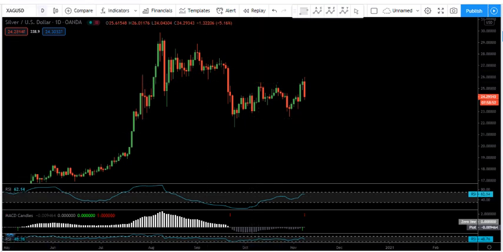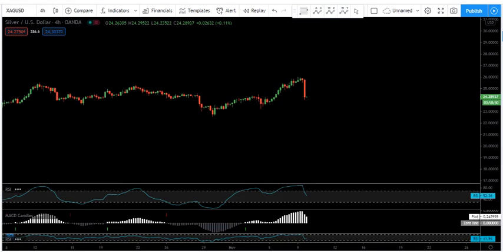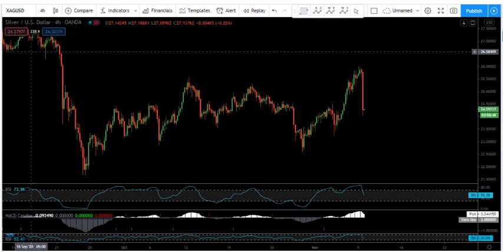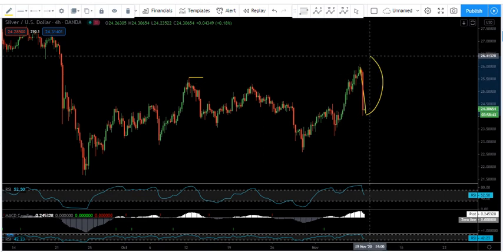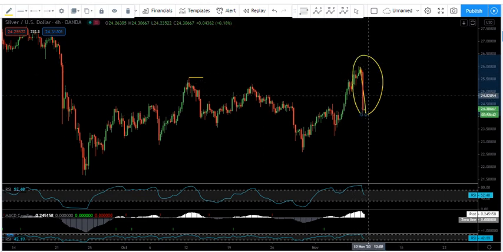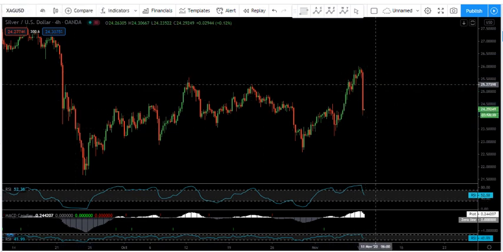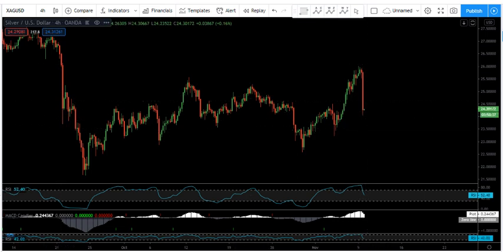Okay, as we can see, the price hit the top, broke this top and sharply moved down. Due to any reason, we don't care. The only thing is we wanted the sharp move down. Okay, now the thing is whether we can have a continuation or not. Okay, right now we don't have anything. The only time we can see whether we have a continuation, that means we can look for the sell again,